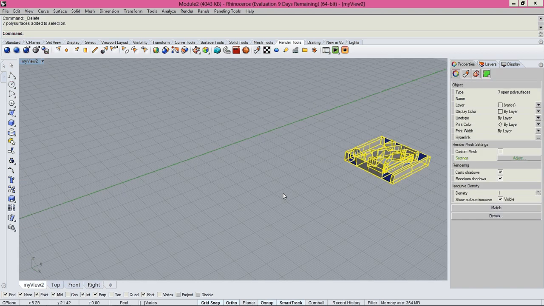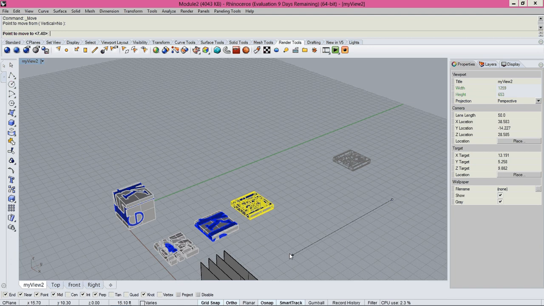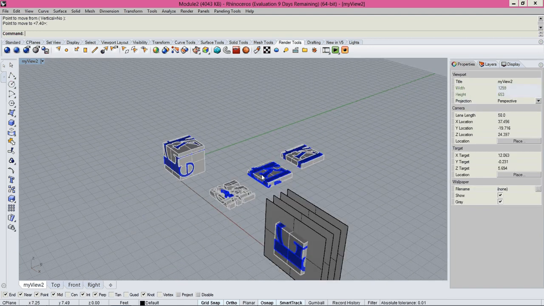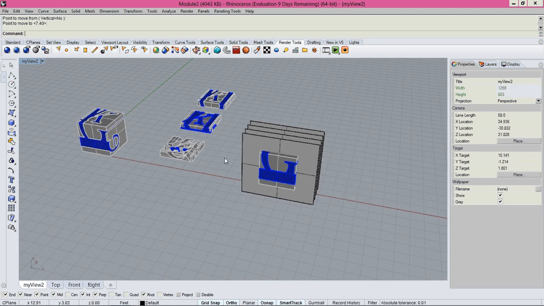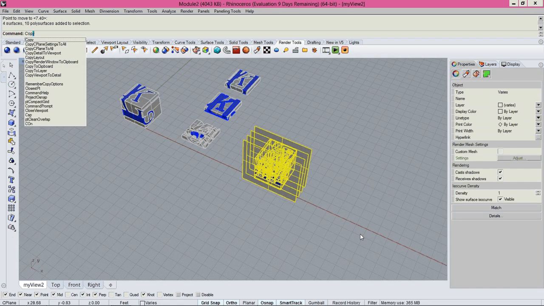We go to the perspective, cap. We move this one over here. There we go. We have 3 components for a facade. We have to do the same for this one. Copy,